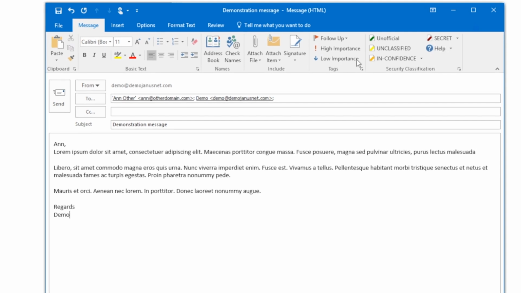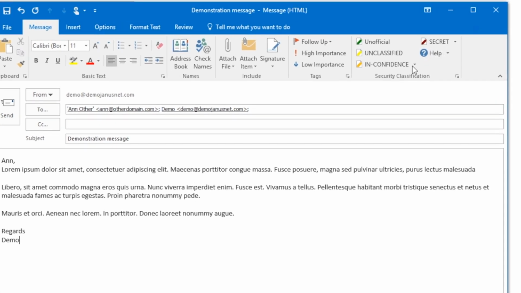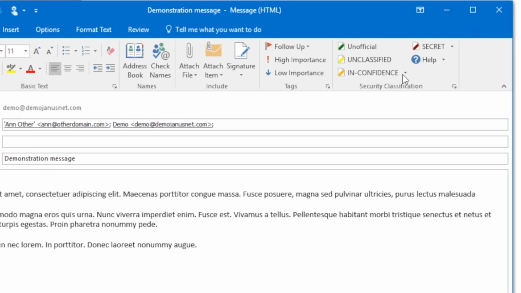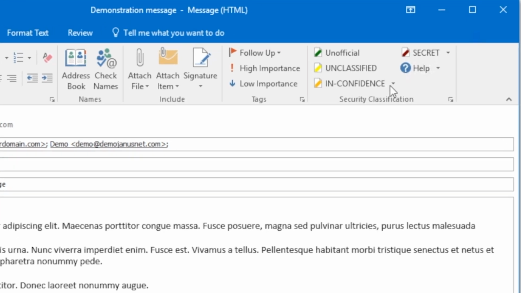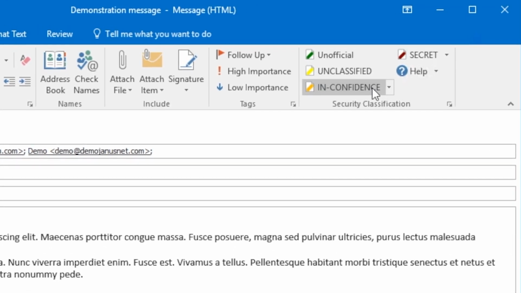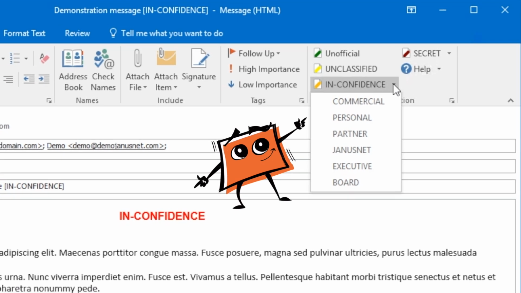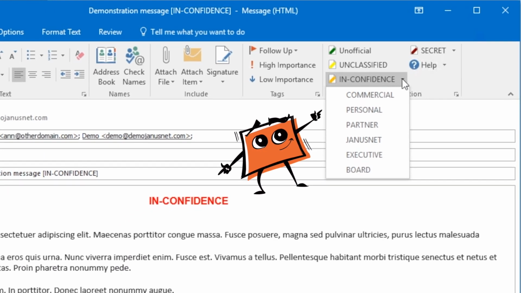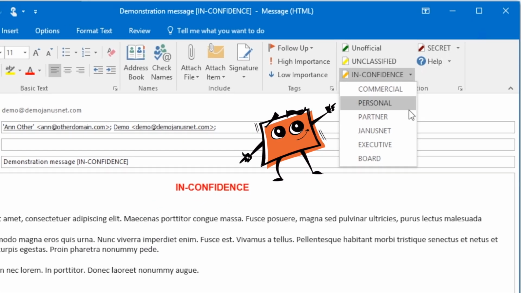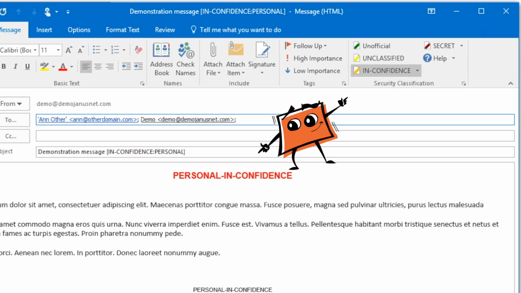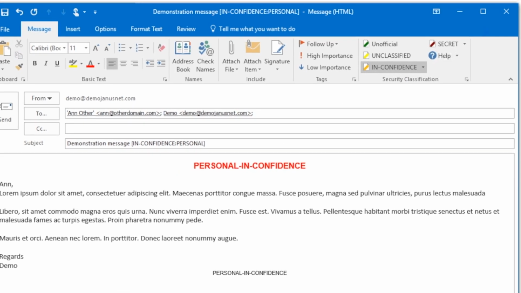Each organization's classification schema is different, but should look something like this. You can select from the least to the most sensitive. There could be secondary classifications, sometimes called qualifiers. As soon as you make your selection, the document or email will be marked and will have the classification embedded